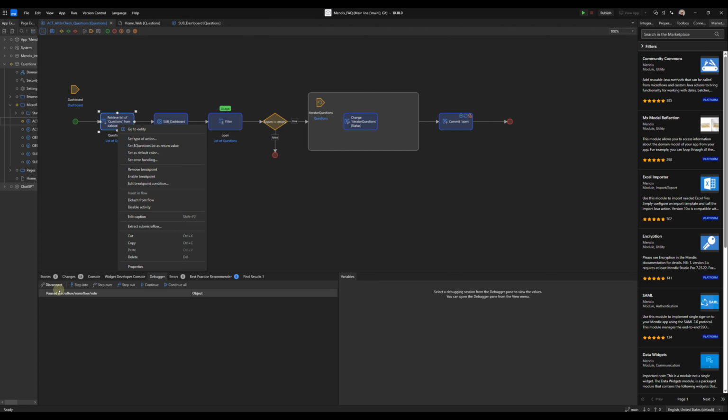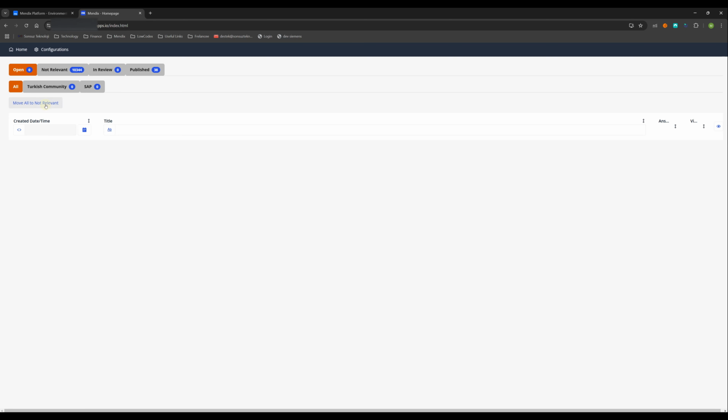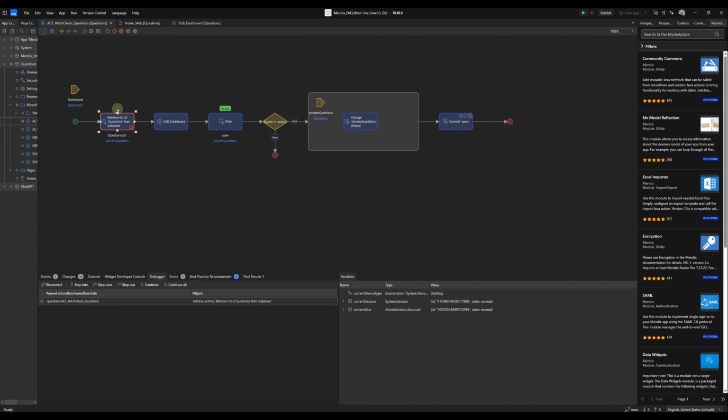Because I changed this one, so it is disabled. I should make this one enabled for that reason, because I changed the connection. Now again, yes, as you see, I can check my production macro flow. It works or not. Yes.